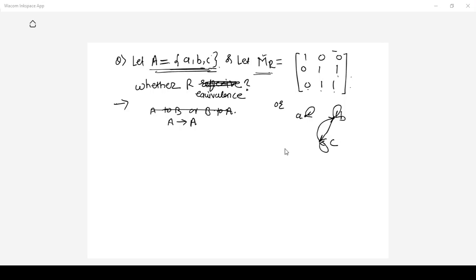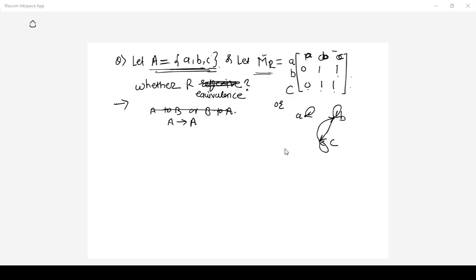And as I said in my previous videos, in matrix representation of relation R, you should write the A set elements in columnar way: A, B, C. See, I'm writing in matrix representation A, B, C, and set B elements in row form, right? So A, B, and C. As the relation is defined from set A to set A, we need to assume the second set is A itself. So those elements are the same. So I'm writing them in horizontal form.